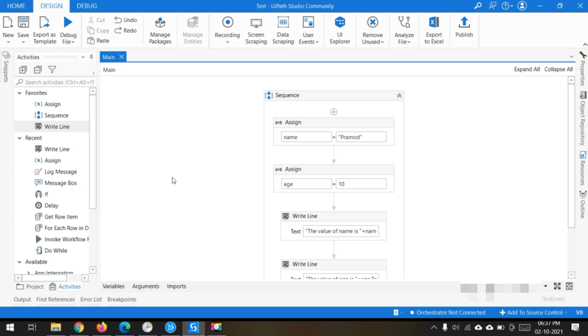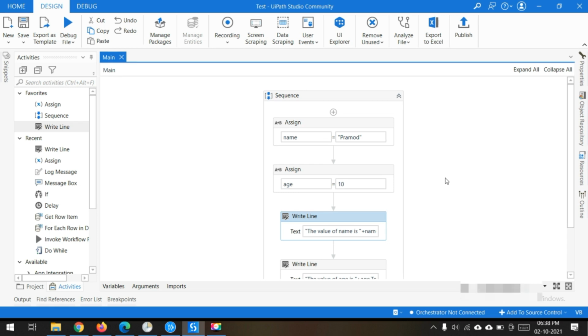In any programming language, the program control executes from top to bottom. When we execute the program, UiPath reads from top to bottom. First it will read this assignment and assign the value, then it will go to the next activity, then the next one, and this is how it works. In this execution flow, if I want to stop the execution for some time, not stopping actually, but keeping the execution on hold at a certain point, then I require the help of debugging.